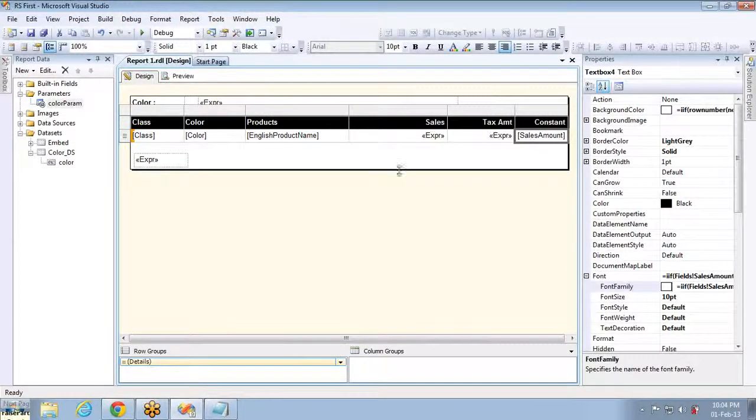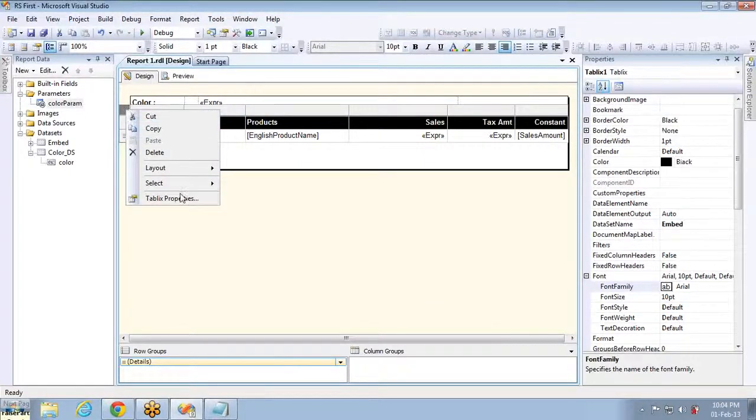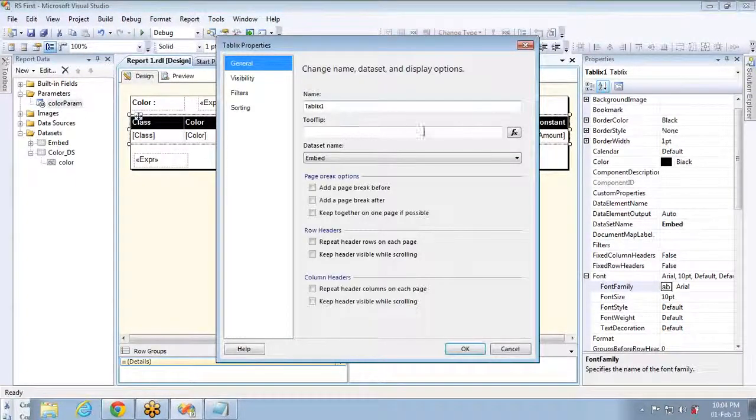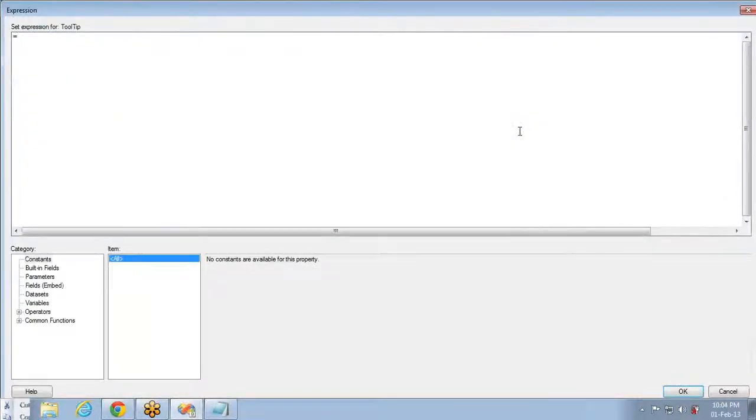Now let's see by setting the same option in the Tablix properties. I am taking tooltip. Sorry, tooltip expression.